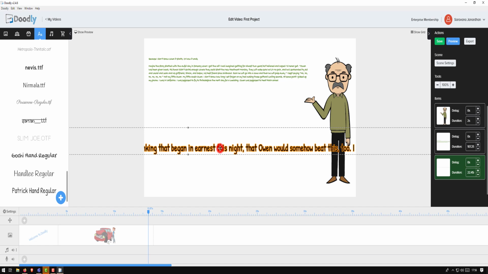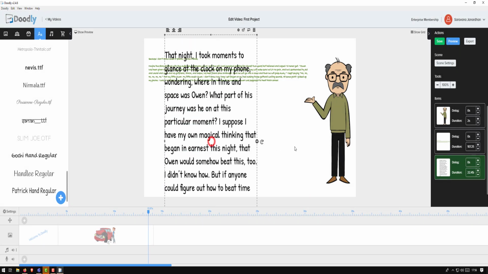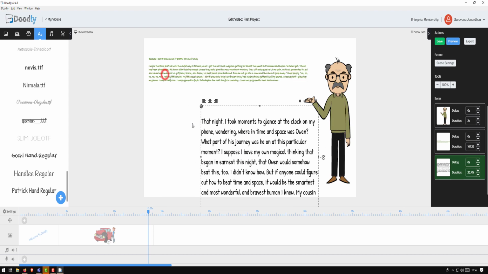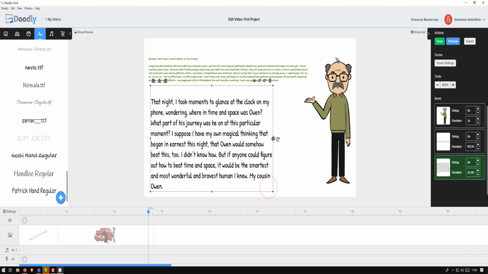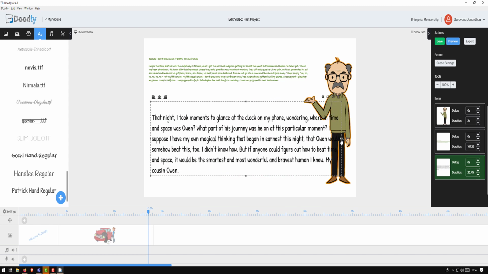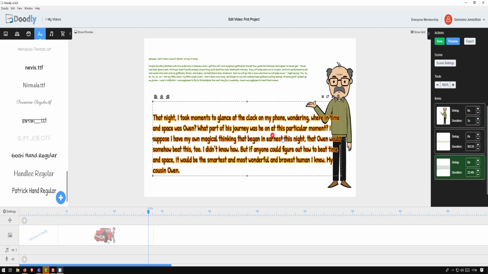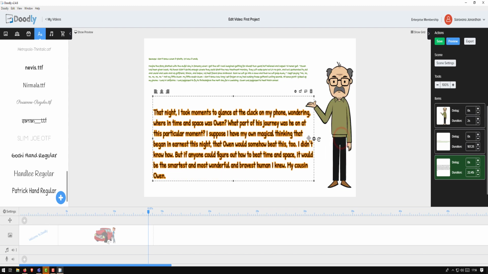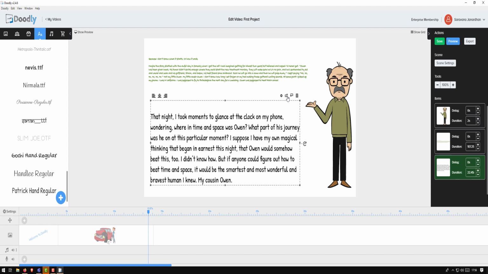Oops, word wrap, so it can come down, move it, make it smaller, and so on and so forth. So there we go. All I did was add some long text, and because it was going out of my screen,